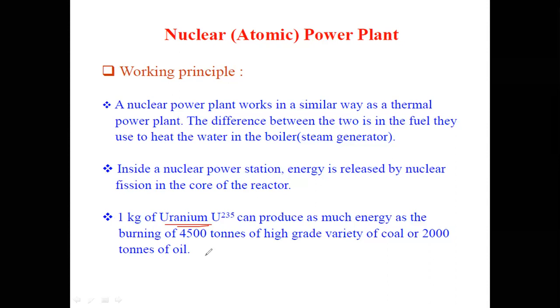In the thermal power plant, the fuel we are using is coal. It pollutes the environment in the form of fly ash and unburned fuel. But in the nuclear power plant, it pollutes the environment due to radioactive substances. It releases alpha rays, beta rays, and gamma rays. Alpha rays are considered internal hazards, and beta and gamma rays are considered external hazards.